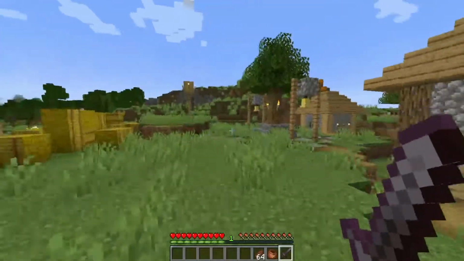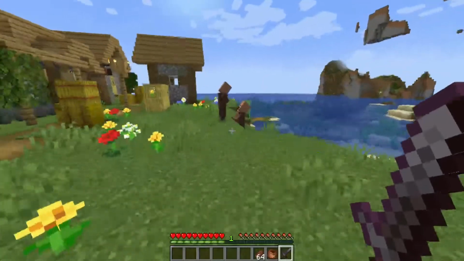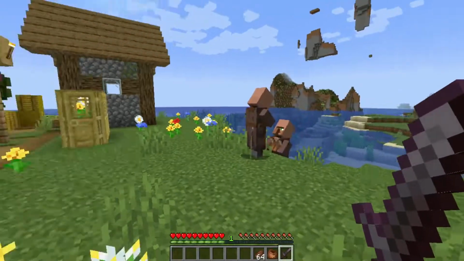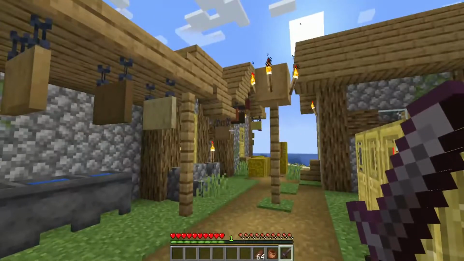Today we are going to be checking out the newest snapshot in Minecraft, 22W42A. They've added a huge abundance of stuff. I showed my inventory like it would be in there, but it's not. But they've added a lot of new different things, and a lot of it you can see as we're standing